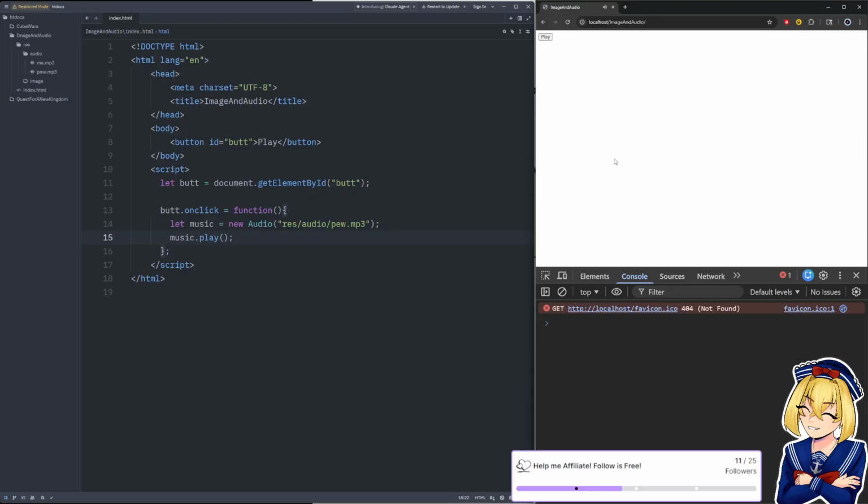You're gonna make that for shooting bullets or something like that, which is why I said pew. With music, you're not gonna be overlapping, so you can just do one song beginning to end, and then you'll change whatever the audio source is, which I believe you can just do with the source property. Let me look up how to change audio source in JavaScript.